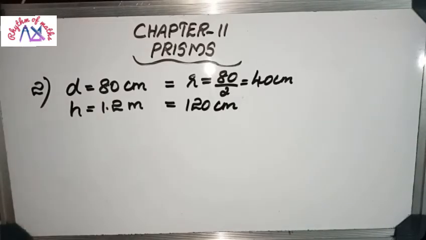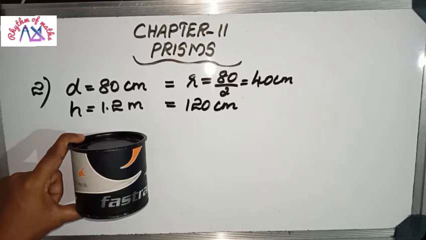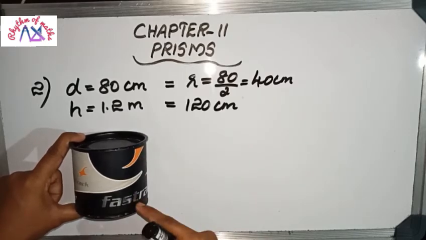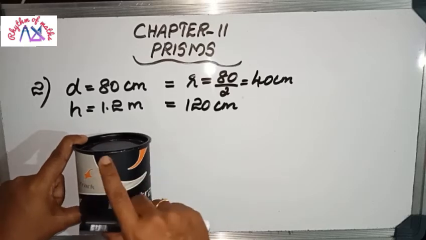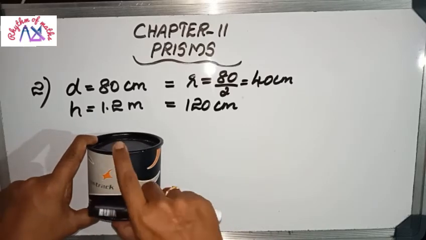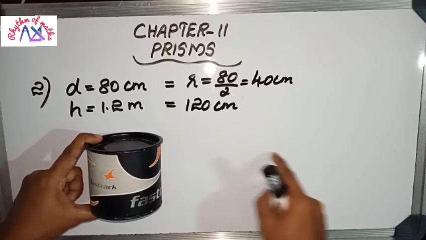Okay, 1.2 meter means it is 120 centimeter. And the question is, what is the leveled surface area? Leveled surface area when the roller rolls once. Suppose this is the road roller wheel. This wheel is going to move from one end. From this end it is moving, and rolling once means where it started, that point should be covered.